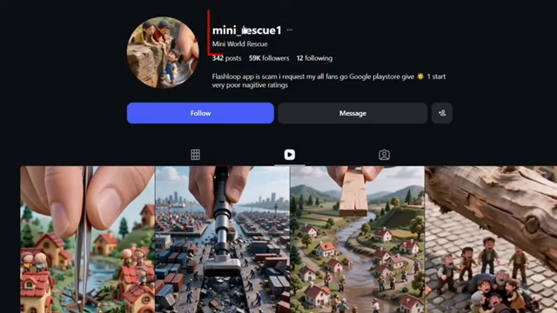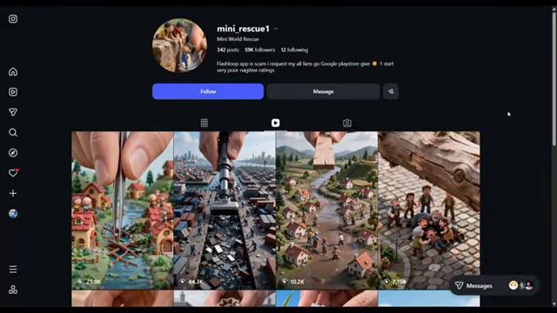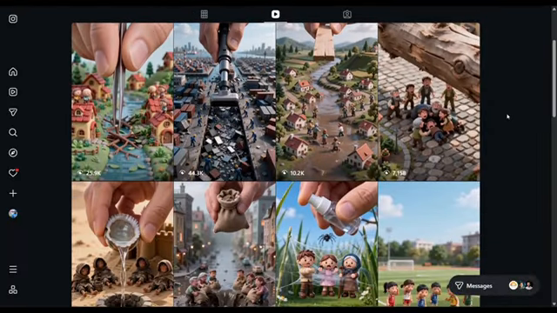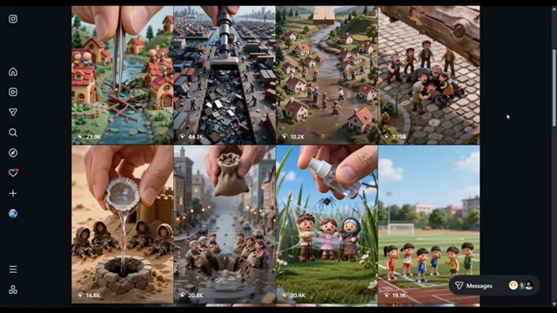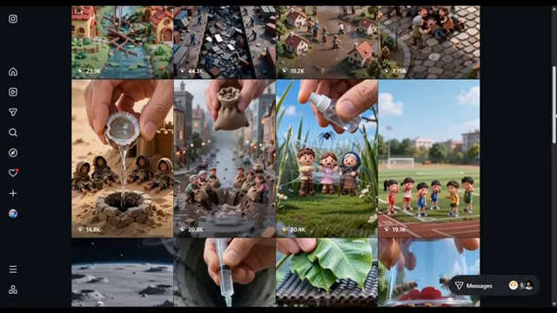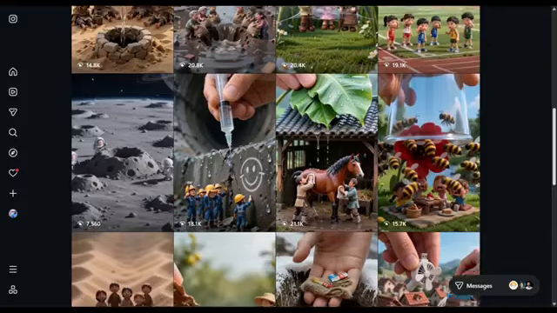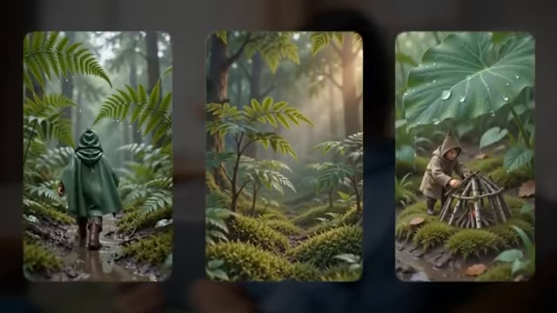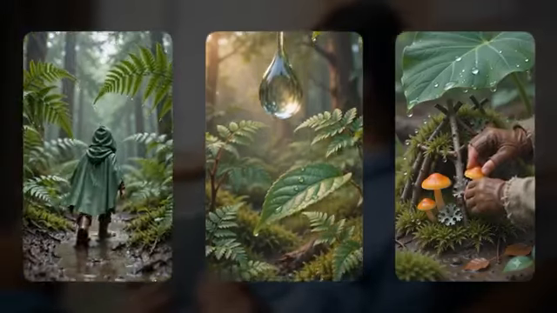Look at this. It started just a few days ago, and it already has thousands of followers. And check out these videos. Some of them are getting hundreds of thousands of views, even reaching lakhs. Right now, AI mini rescue shorts are growing insanely fast, and even brand new creators are going viral with this content. And in this video, I'm going to show you step by step how to create cinematic AI rescue shorts